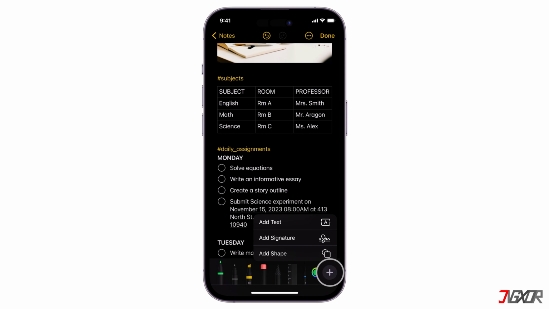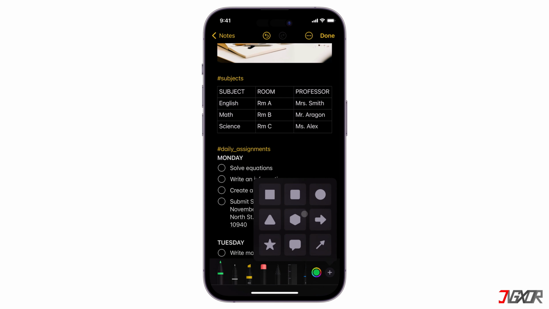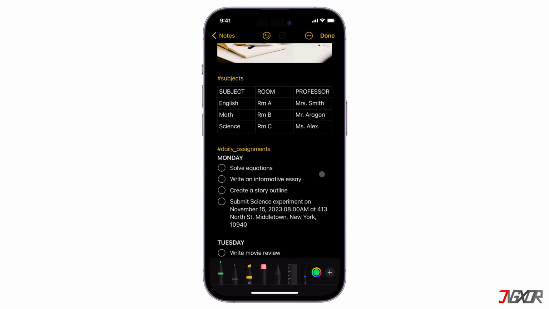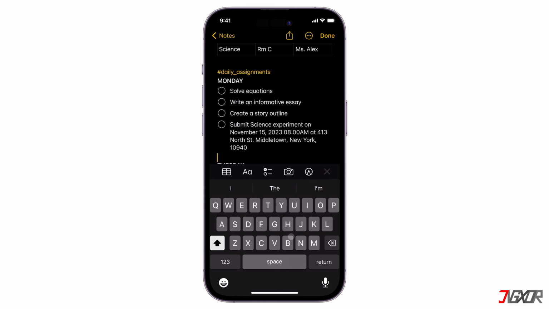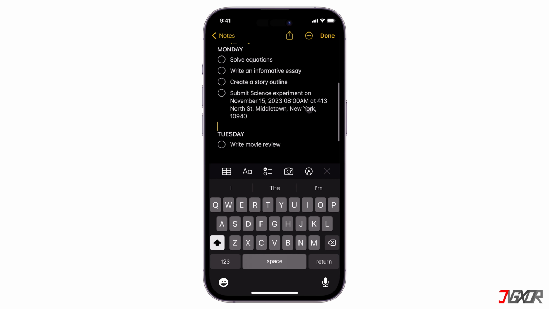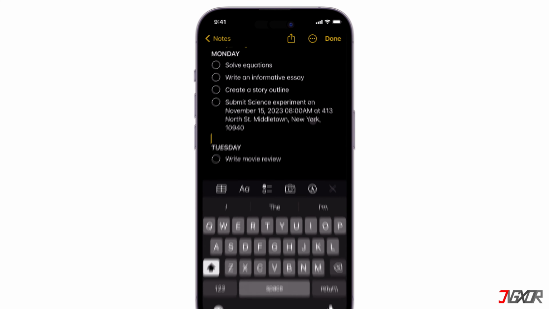Then tap the plus button to add a sticker, insert text, or embed your signature or other shapes as needed. In addition, the Notes app has a data recognition feature that allows it to interact directly with other apps, such as Maps and Calendar, by recognizing valid addresses, dates, and more. To demonstrate,